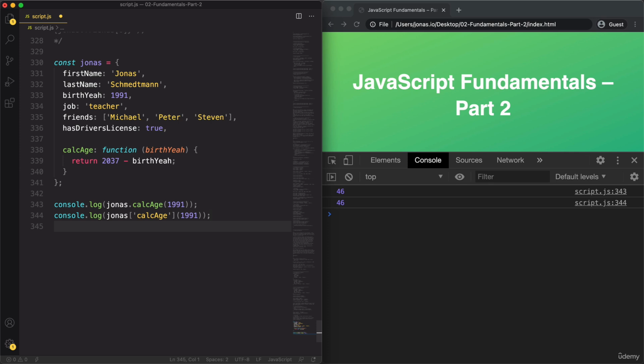All right. Now, you might have noticed that the birth year 1991 that we passed here as an argument to the method is actually already defined in the Jonas object itself up here, right? So we already have this information in the Jonas object. And so writing the same number here and here is not ideal, because we might make a mistake and pass in the wrong year. For example, right here. So Jonas's birth year is 91, but here we could, for some reason, accidentally do 92,